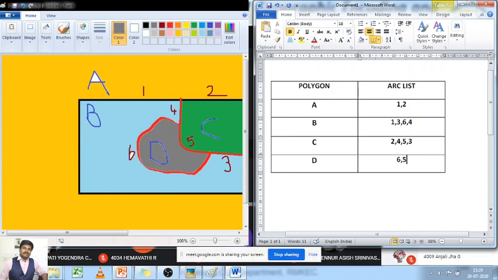The previous example which we have seen takes the arc into consideration and determines the left and right polygon available to those arcs. But the same image can also be represented by means of polygons. So in exams, be cautious whether they are asking to represent by means of arc or by means of polygon. If they ask for polygon, then the arc list alone is enough. If they ask you to represent using arc, then you should put a tabular column with both left polygon and right polygon. This is what has to be done.